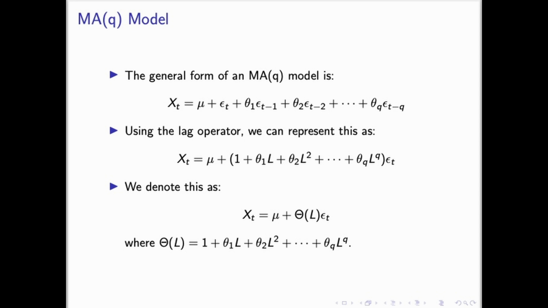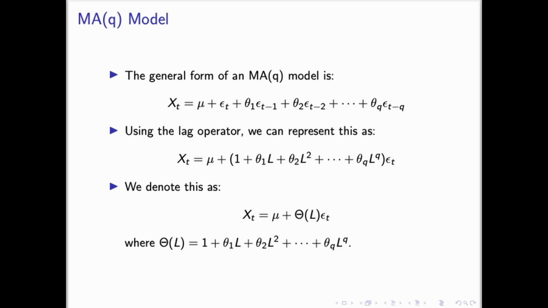Now let's move on to the moving average model, which helps us model the effect of past shocks or errors on the present value of the time series. The general form of an MA(q) model is x_t equals mu plus epsilon_t plus theta_1 epsilon_{t-1} plus theta_2 epsilon_{t-2}, and so on up to the term theta_q times epsilon_{t-q}, where epsilon_t is the error term or shock, and the coefficients theta_1, theta_2, up to theta_q represent the impacts of these shocks